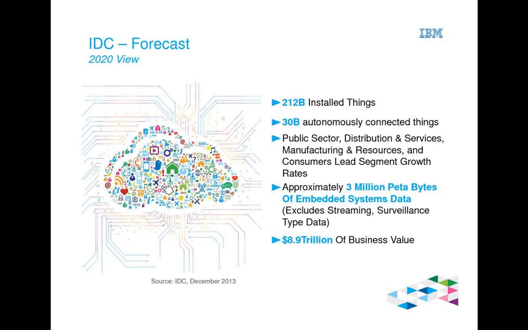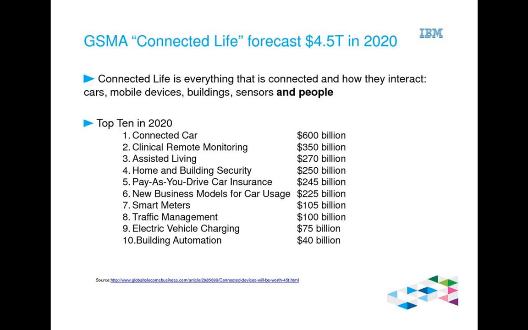Here is some statistic or forecast from GSMA, a telecom consortium. They define something called connected life, which essentially means anything which is connected. So you put something on your car and you connect your mobile phone with that, and your car becomes a connected object. You put something on your mobile phone or on a building, and those things become connected objects. Mobile phones are anyway connected by default, because they can connect to the internet. But